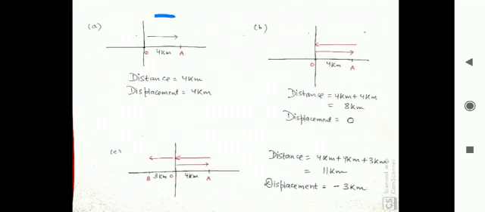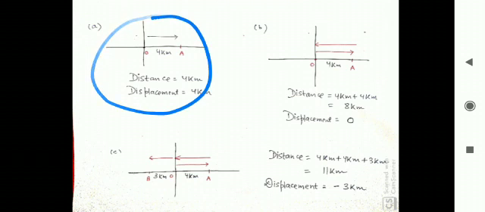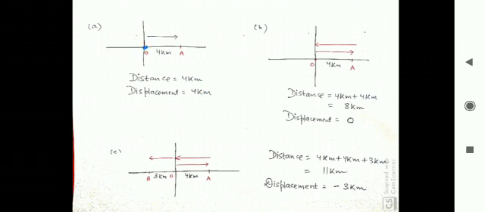Now see example number one. Here a body starts its journey from point O and moves to point A. The distance from point O to A is 4 km. It moves from O to A and after that the journey is completed. So what is the distance and what is the displacement of the body? For the calculation of distance we need to add all the path lengths. It started from O and ends at point A. So the path length is 4 kilometer. So the distance is 4 kilometer.